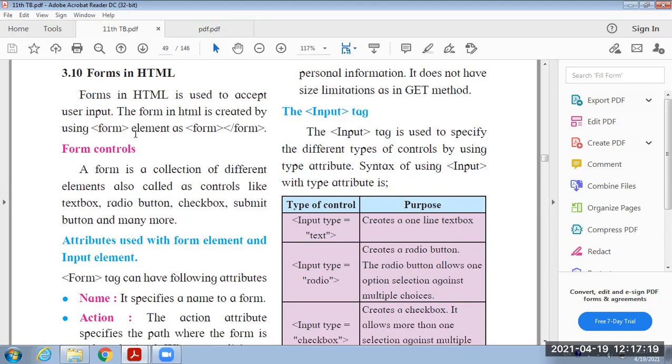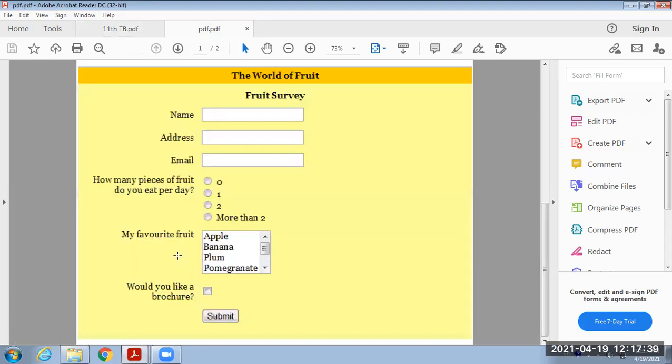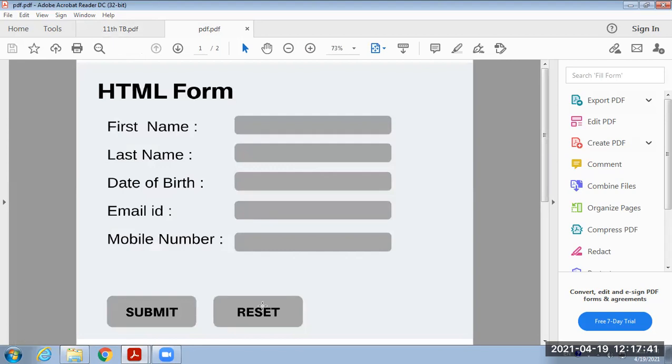Then this form has different types of controls. A form is a collection of different elements, also called controls, like text box, radio button, checkbox, submit button, and many more. Just see this. See, these all are text boxes. Then this is the submit button and this is the reset button.